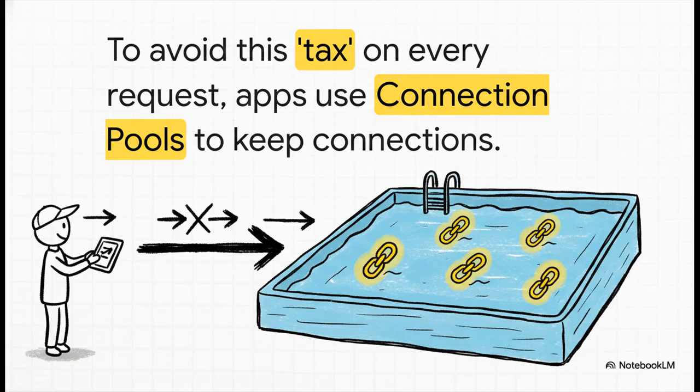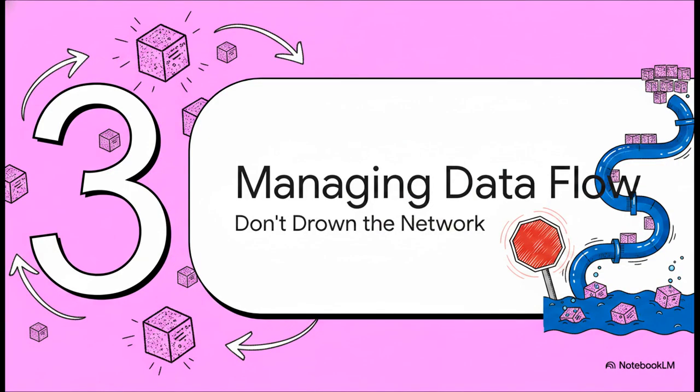Then, when your app needs to send something, it just grabs one of these pre-warmed connections and goes. No handshake, no delay. All right, so our connection is up and we're finally sending data? Awesome. But we can't just open the fire hose and blast data as fast as we can. Nope. TCP also has to be a good citizen of the internet, and that means it has to carefully manage the flow so it doesn't drown the receiver or the entire network.